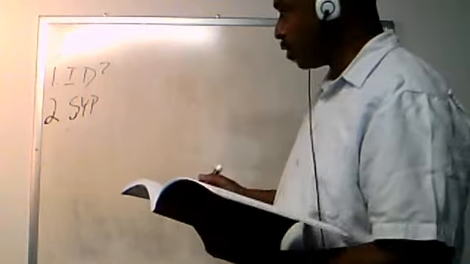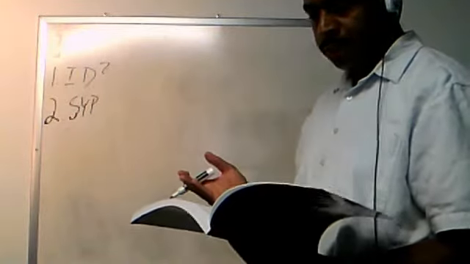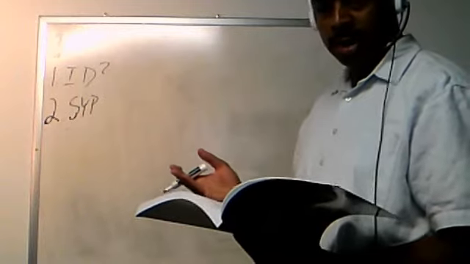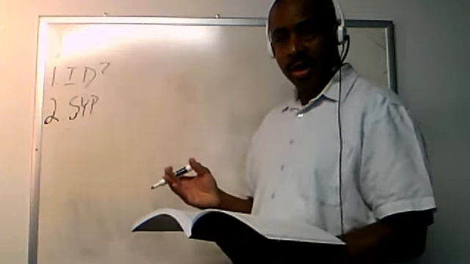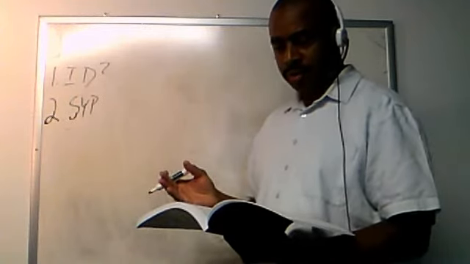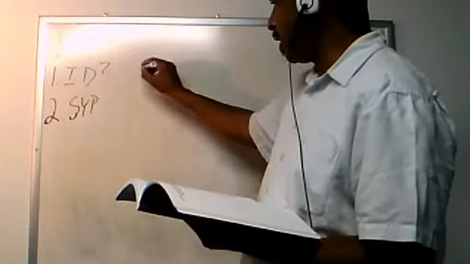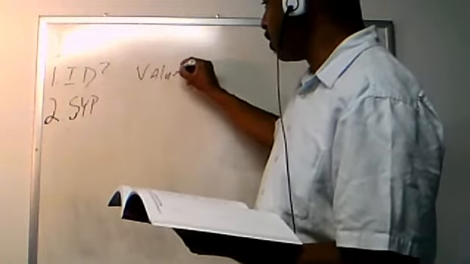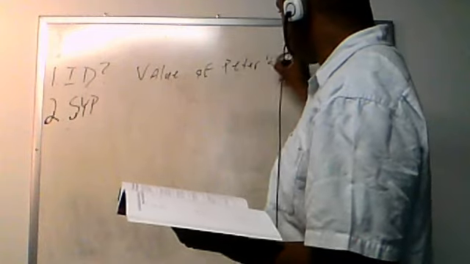Number 2, Kim owns a third of the company, Mike owns a fifth of the company, and Lynn owns 1/10 of the company. Peter owns the rest. If the company is valued at $385,000, what is the value of Peter's stake to the nearest dollar? So again, when I read the question, we know we want the value of Peter's stake,